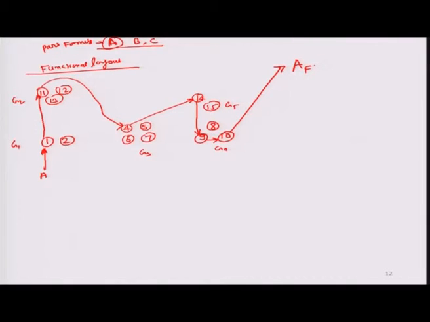Okay, similarly for part family B, it will enter here on machine 7 in group 2, then it will move through group 1 to machine 2, again it will move through machine 13. Okay, then it will move to group 4, group 5, sorry, and it will come out as a final